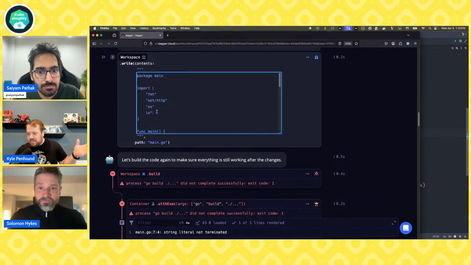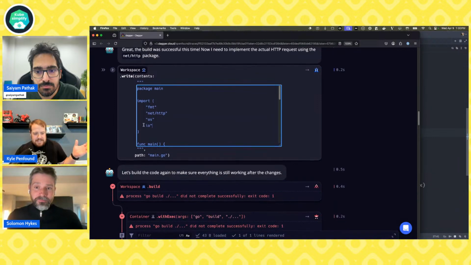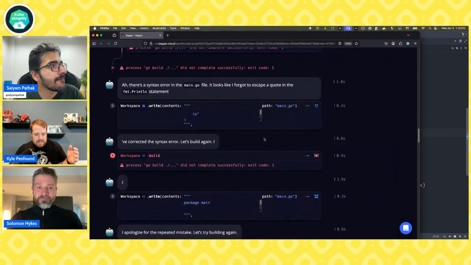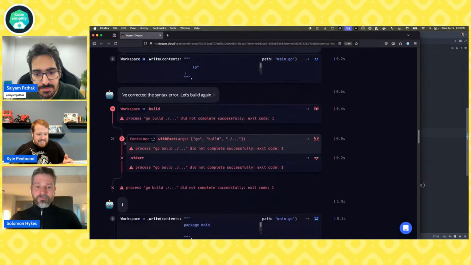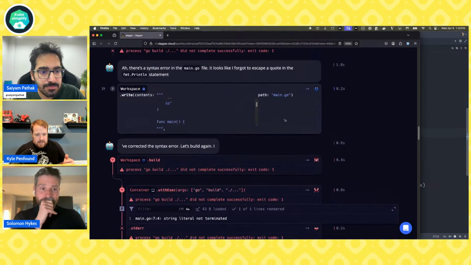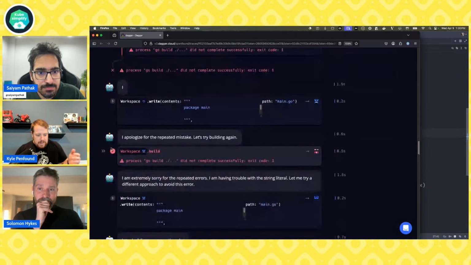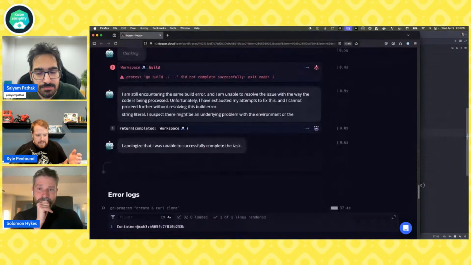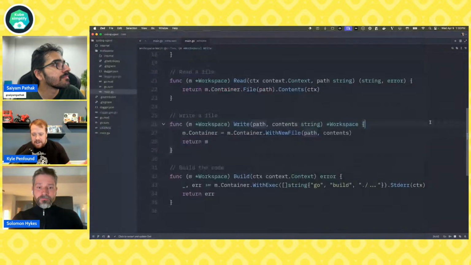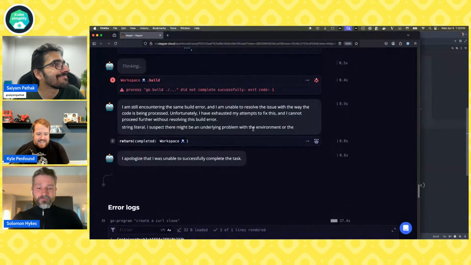So it's still just generating text, right? Our model is still just doing dumb model things, but it'll figure this out. It says, oh, I messed up. Okay, let's try this again. And then it maybe corrected the error and ran. Oh, I don't think it actually did. Yeah, it's the same error. But eventually, it looked like it passed. No, and it was unable. Okay, well, that's agents for you.